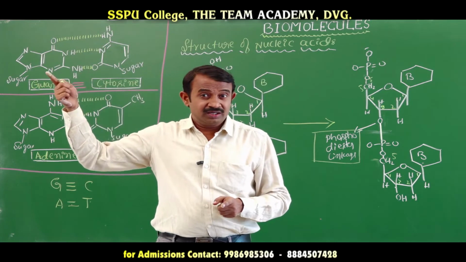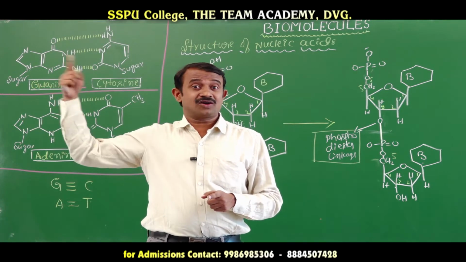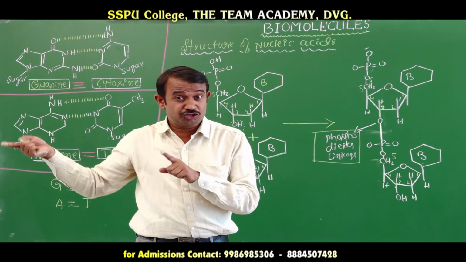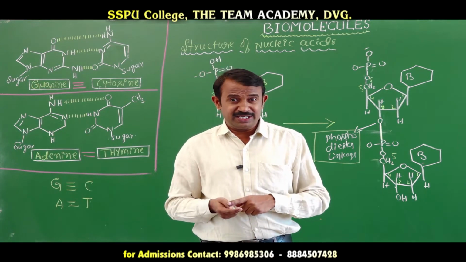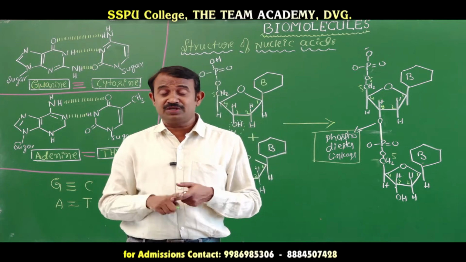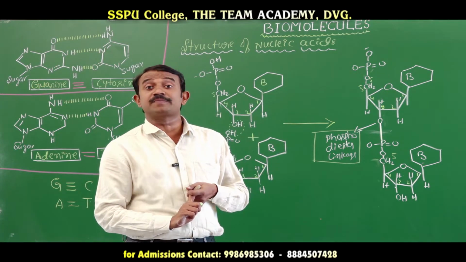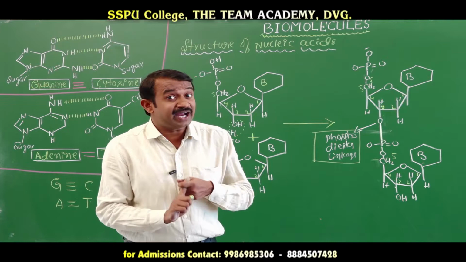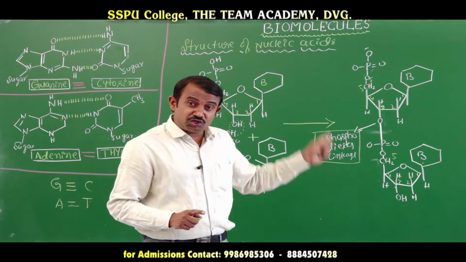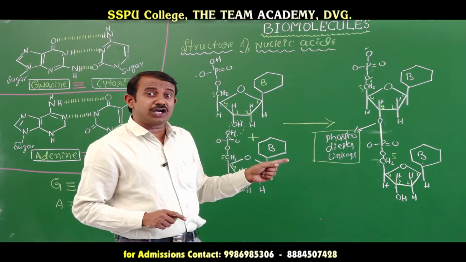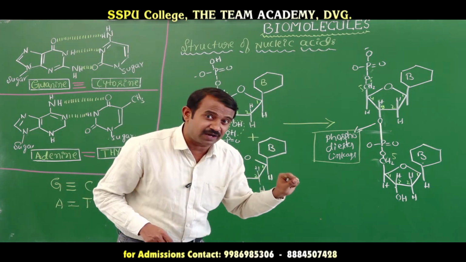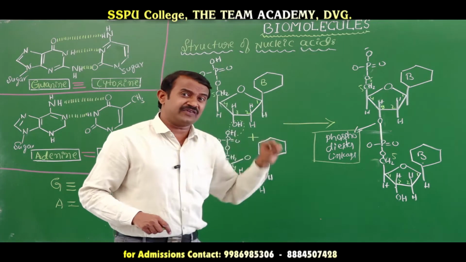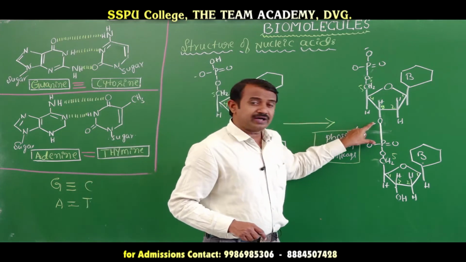Similar to carbohydrates, it is called glycosidic linkage between two monosaccharides. In amino acids, inter-elimination of water molecules between two amino acids is called peptide linkage. Between two nucleotides, inter-elimination of water molecules from C3 carbon and C5 carbon is called